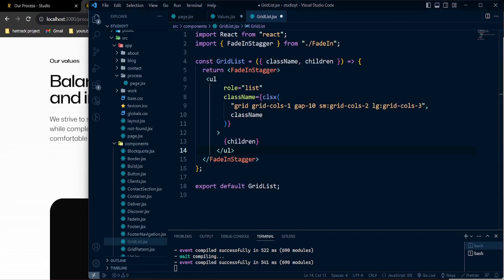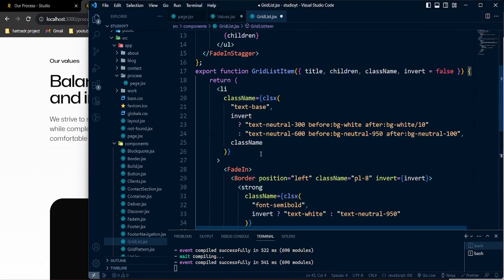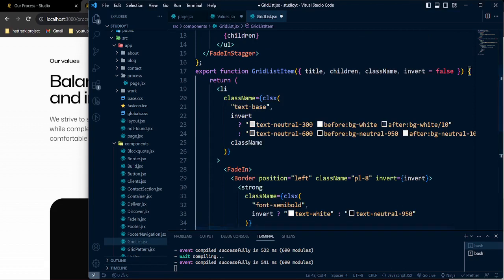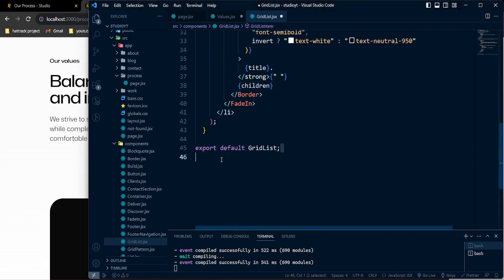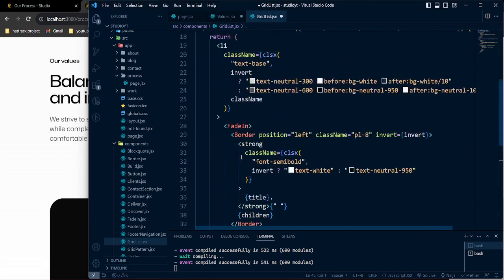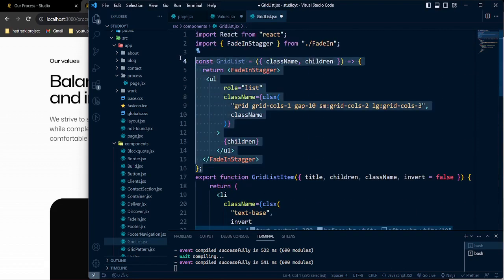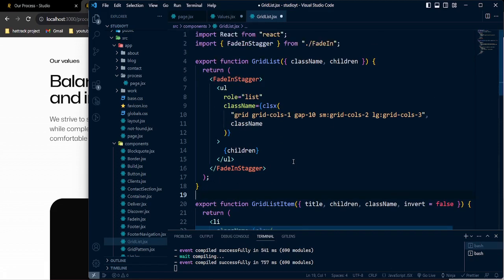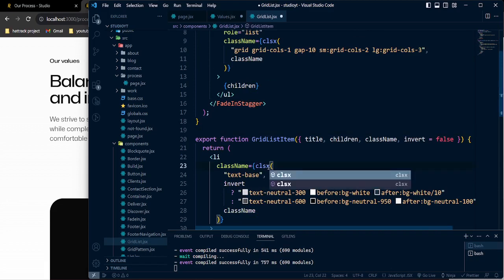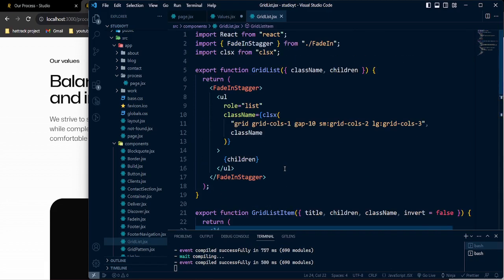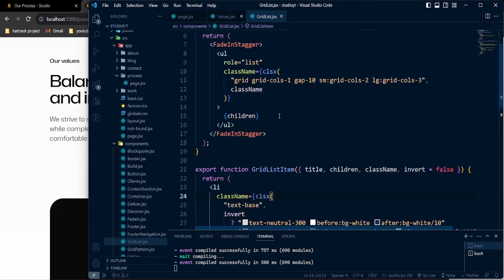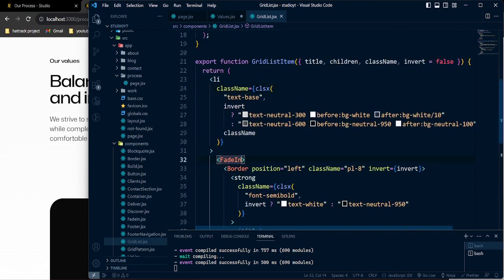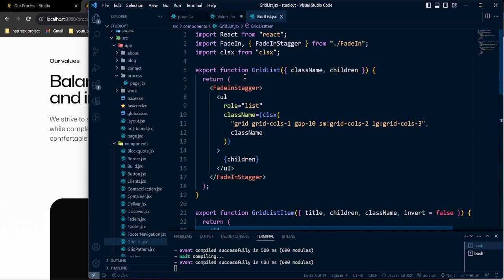And now also we're gonna pop up another function where we're gonna pass the other one, which is gonna be grid list item. And actually, instead of just exporting some default variable, I'm gonna just return it in a grid list so that it looks a little bit more fashionable. So let's import that clsx. So now I think we use the fade in also. Okay, so now we are passing the two